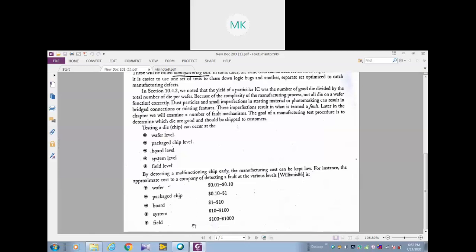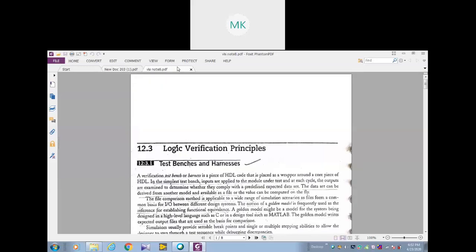After everything is over and the chip is fabricated, if you find a mistake then, you can't sell that to the customer. You have to repeat everything and remanufacture the chip, so the manufacturing cost will increase. So by detecting a malfunctioning chip early, the manufacturing cost can be kept low.